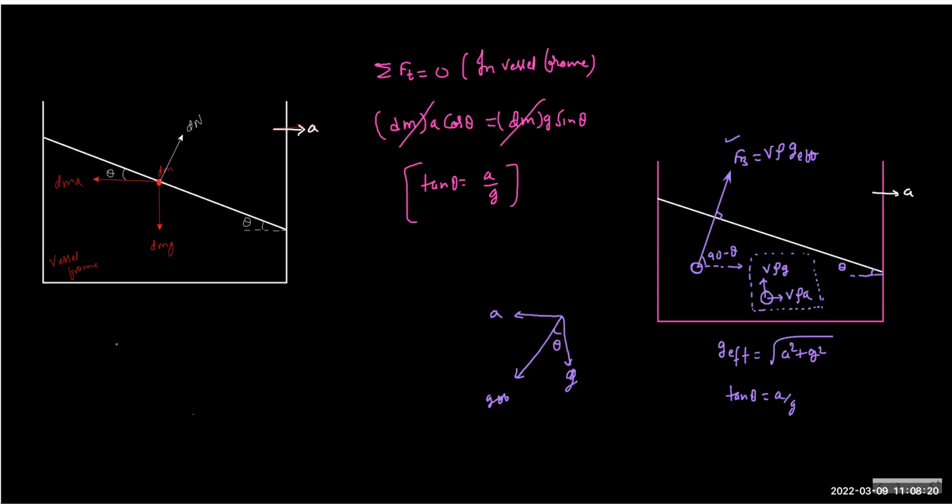So isobars, we have to draw the isobars. So to understand the concept of isobar in this case, if this is the free surface, which means if you travel along the free surface, there is no pressure difference, and therefore any line which you draw parallel to the free surface,